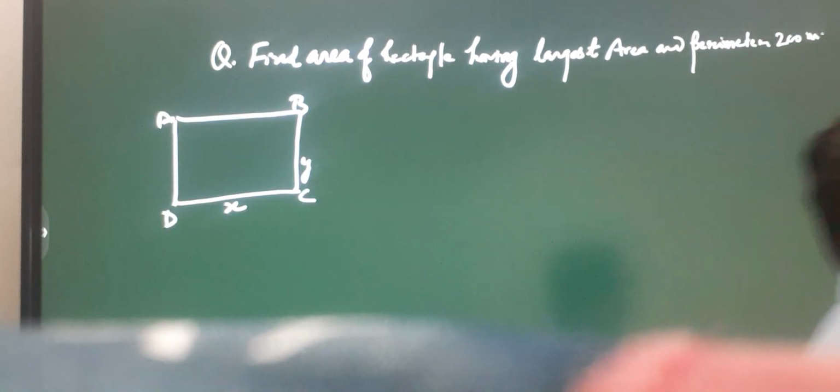Before going to the solution, we should know the key point I told you at the start of the chapter yesterday: least means minimum, smallest; maximum means largest, and it can also be greatest. So using this key point, you have to go for the differentiation, meaning you have to make a function of it. In this question you have two parameters, area and perimeter, but the function used for differentiation will be the area.